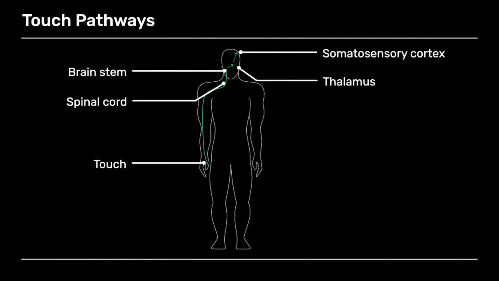And so this is an important feature of generating our two-point discrimination. Touch pathways are shown in the next slide. So we can see the path that a neuron will take from the finger up to our brain. The first order neuron, i.e. the one that comes in the periphery that makes contact with the receptor itself, runs from the skin, and in this diagram from the tip of the thumb, up the arm into the spinal cord, and continues on up to